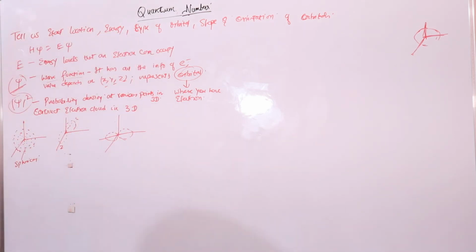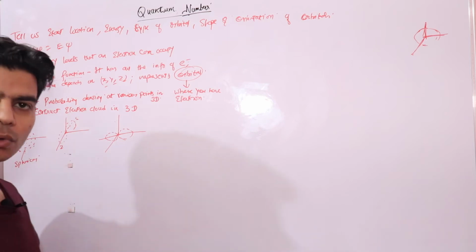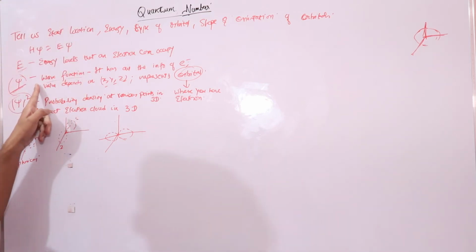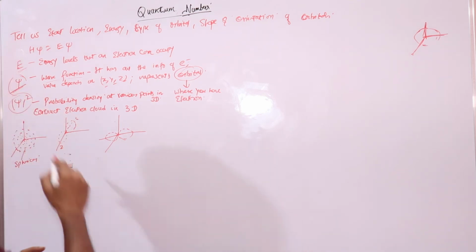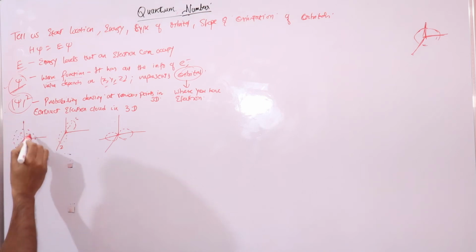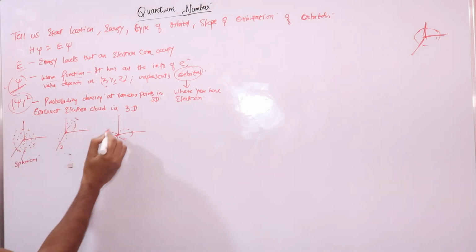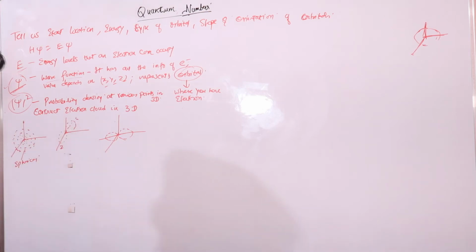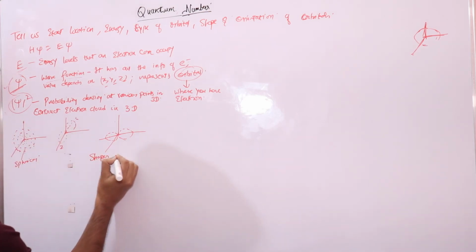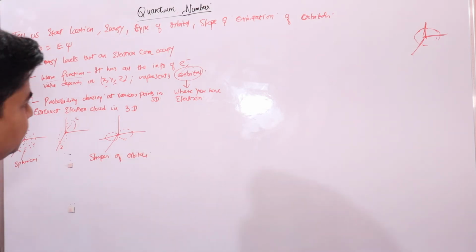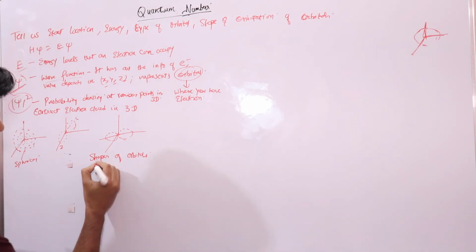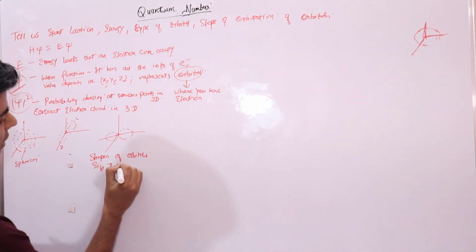So now let's quickly see these quantum numbers. As I said, when you solve the Schrodinger equation, you get the value of E, right, and you get the value of psi, right? We have discussed psi now. Using the value of psi, you can construct these kinds of electron clouds, and what these are giving you are the shapes of orbitals, right, and these will also give you the size of the orbitals. We will see how,